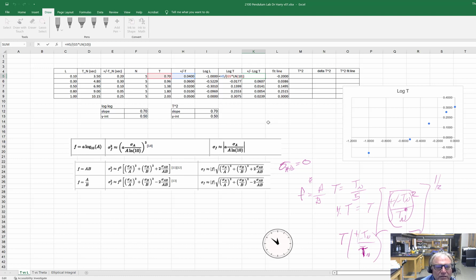So at the end of the day, the plus minus log T equals the plus minus on the period